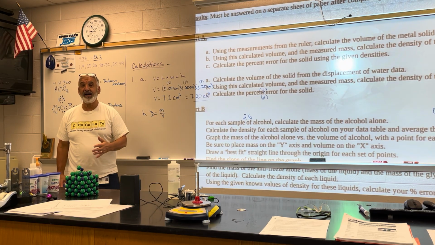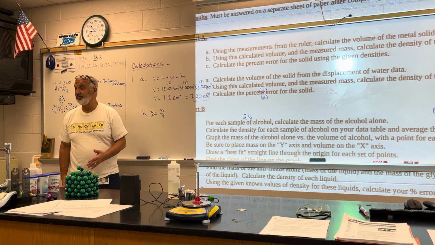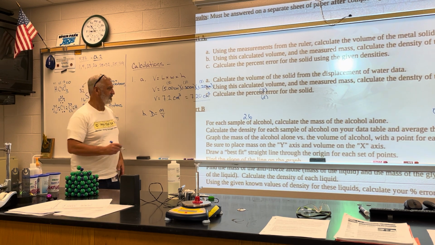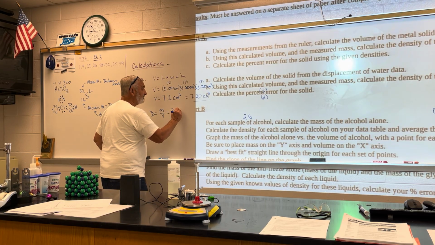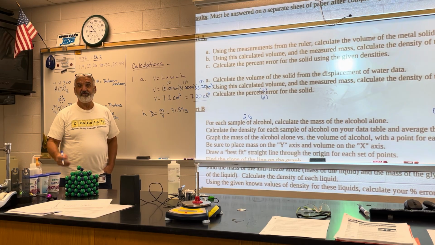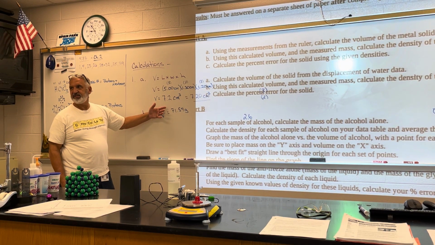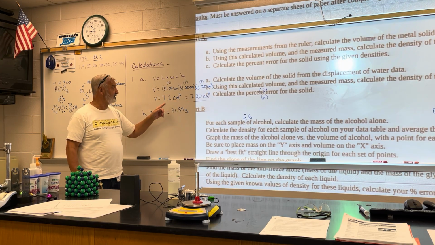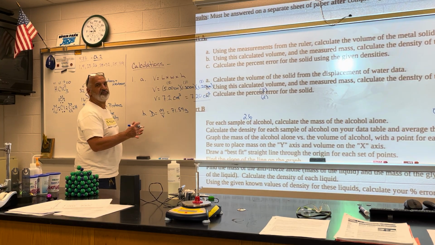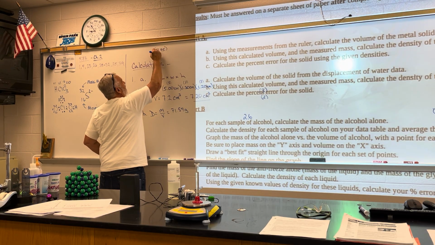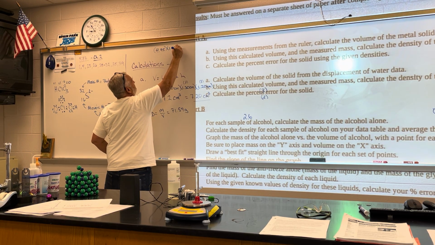Now when you measured your mass, what did you get? 71.54. You'll have a different number here. But the volume, everybody's volume is going to be pretty close to the same. Now, if you use 4.95, it's going to be a little bit different, and it probably didn't come out to exactly 7.2 either. But let's just do that. You don't write this down, but if you did the 4.95 times 1.20 times 1.20,